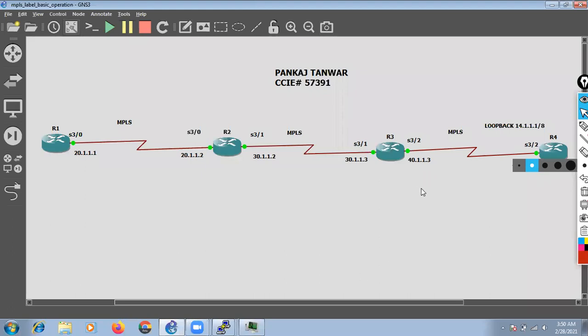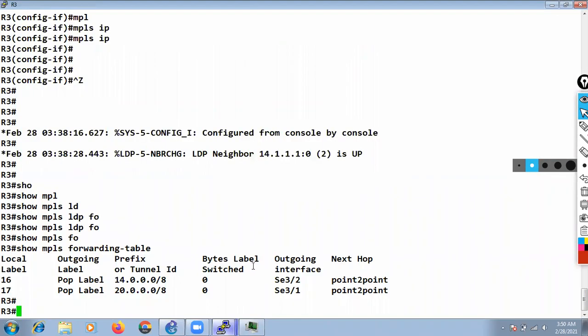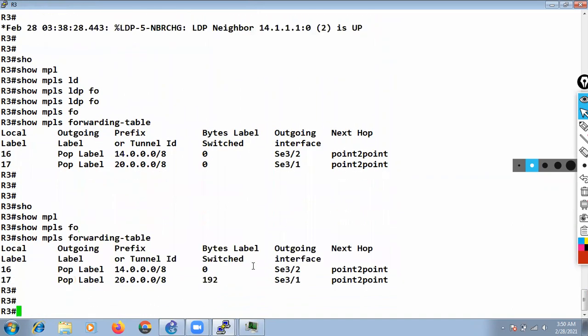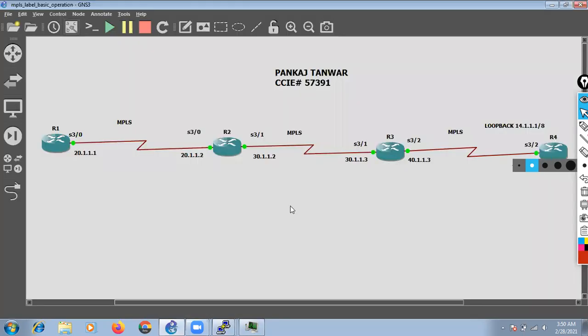Now the information will reach R3. Now R3 will check its forwarding table, right? For the 20 network, what does it need to do? It needs to pop it. Because R3 is going to remove the label, R2 is not going to receive a packet with a label on the MPLS enabled interface.